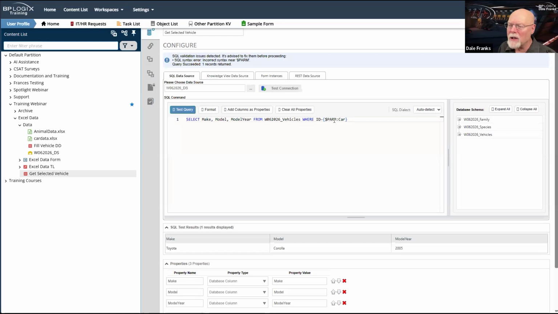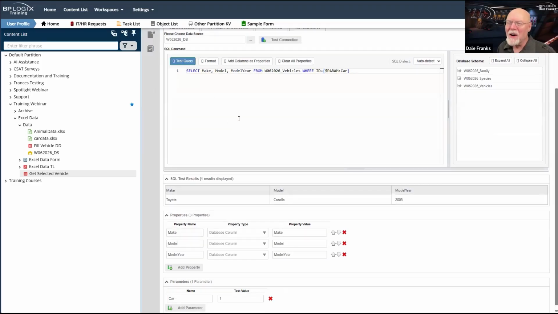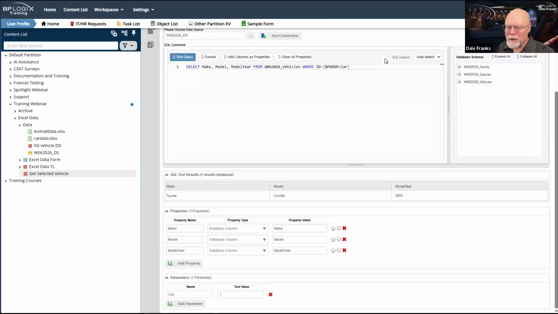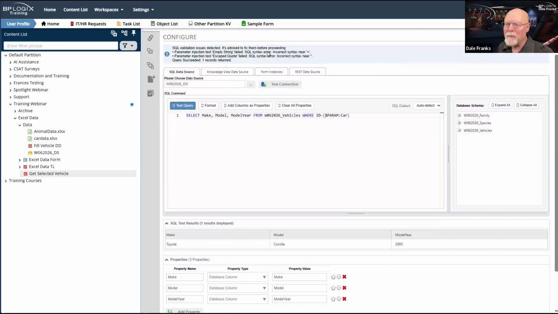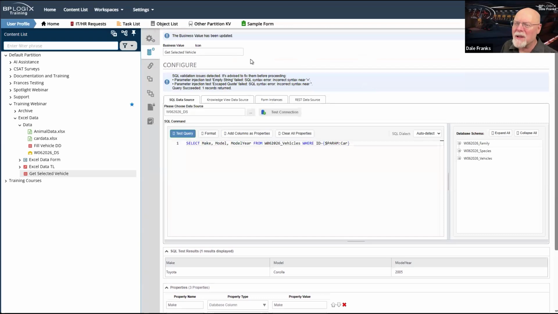SQL validation issues. Now, did that tell me a validation issue when I hit param? I'm sort of testing things on my own now as I just make stuff out of whole cloth. SQL about empty string failed. There was no empty string. It was one because it returned one record. Not sure what's going on here, but I think it's working anyway. So we're just going to live with those parameter things.